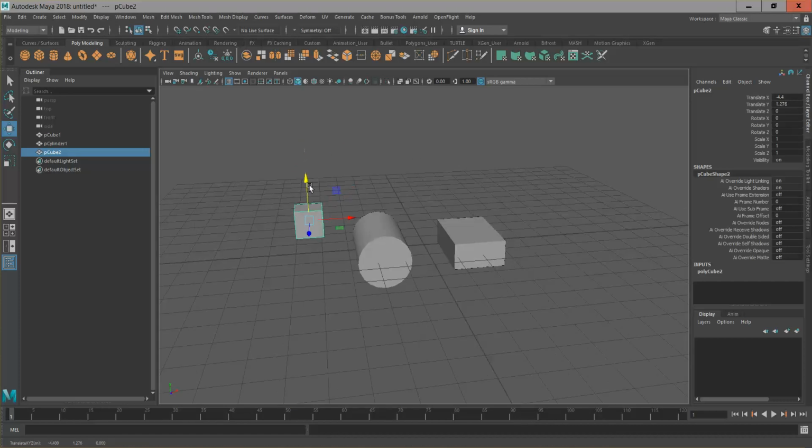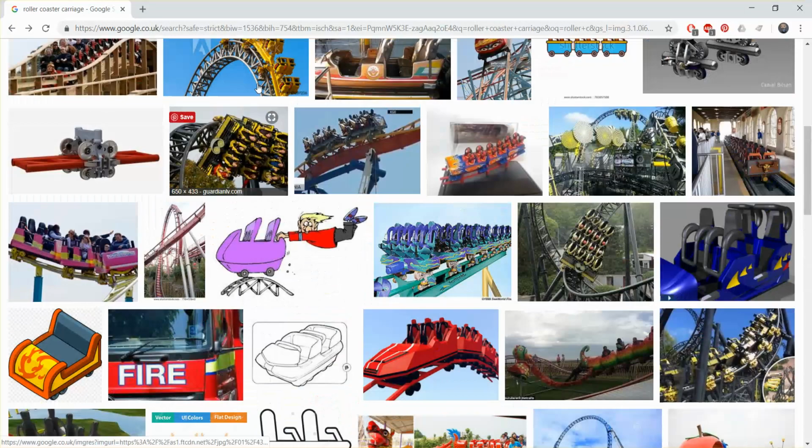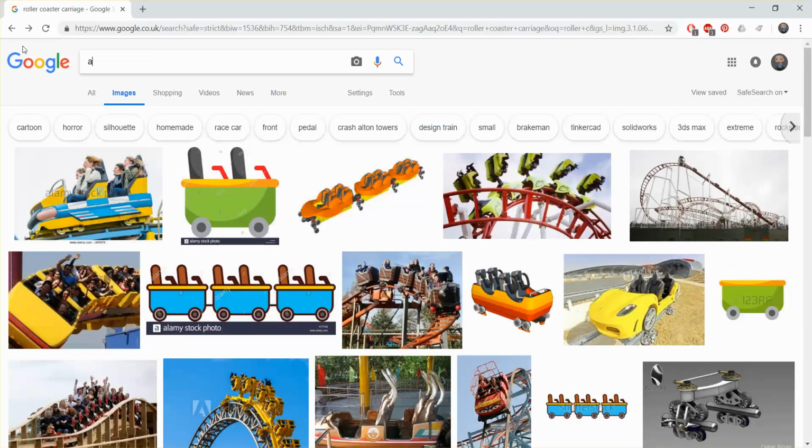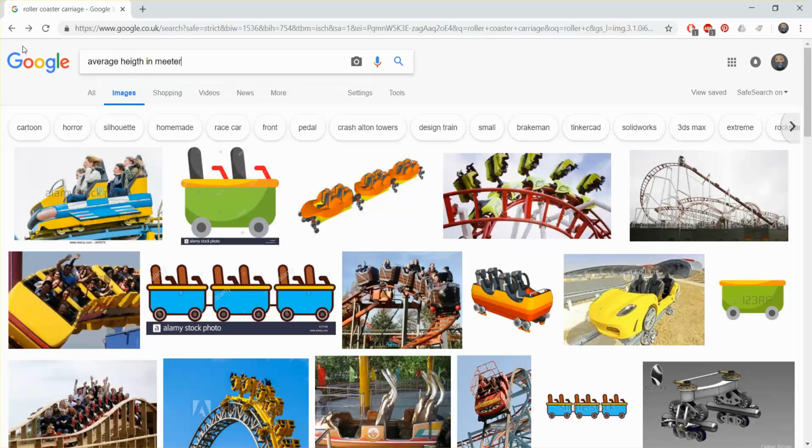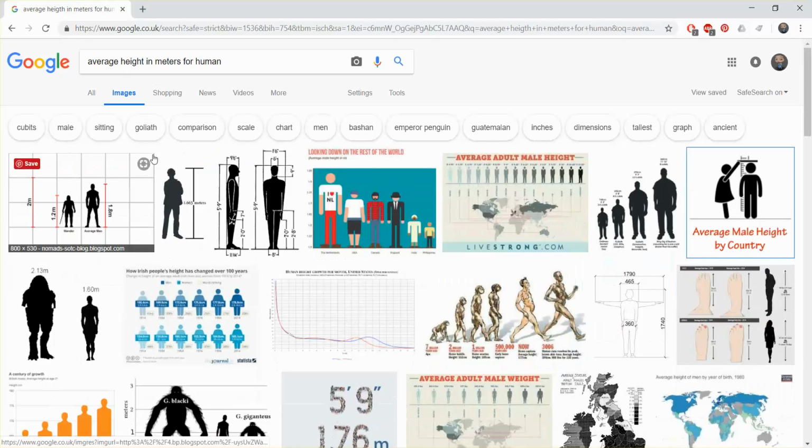We can look at the average size of a human. So if we just go to Google and type in average height in meters for humans, obviously, I've spelled that wrong. It's got 1.8 in height, and it's got females on there looking pretty short. Was that a child? It doesn't matter. If you just follow the 1.8, and if we look for width,